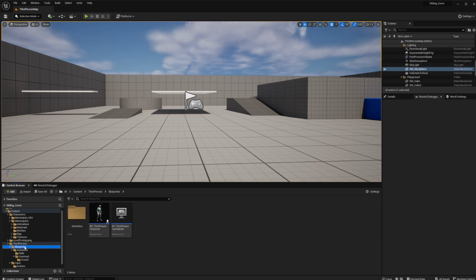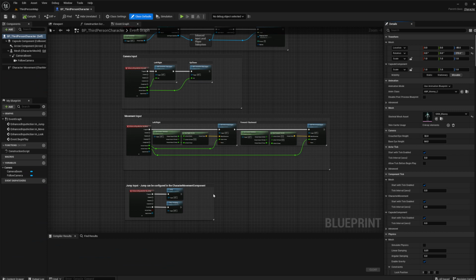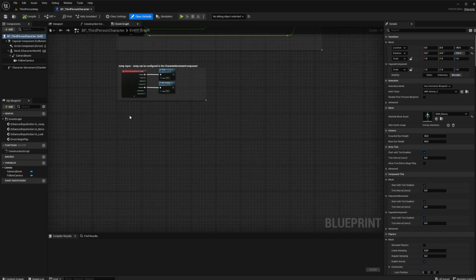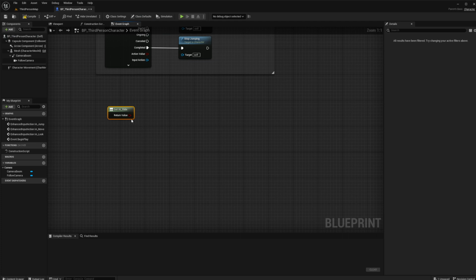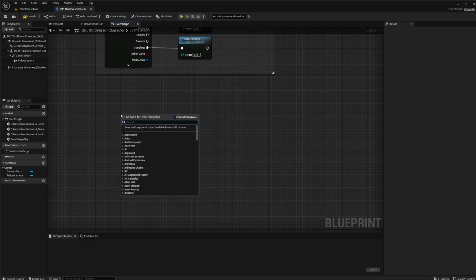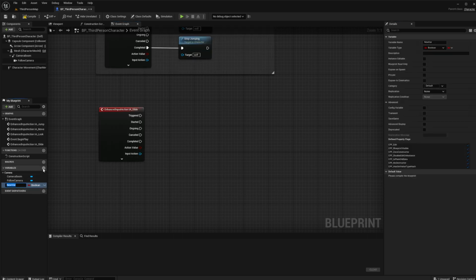So if I just select under third person blueprints, my BP_ThirdPersonCharacter blueprint, double click it, and open it up. I'm going to right click here, type in IA slide, and I'm going to use this one here. I'm sorry, if I do IA slide, I want the top one. And I need a variable that is